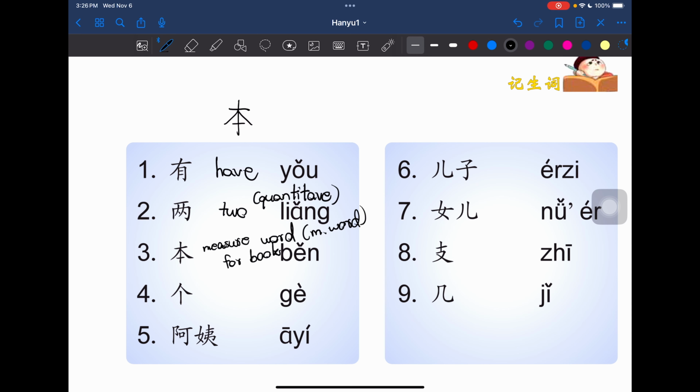Just that, 本 5. It's the same as 本子 from chapter 11. It's the same 本, but in this scenario we're going to use it as a measure word. 本 can also just be book, but here we're going to use it as a measure word. If there is a number in front of 本, it becomes a measure word. Yep. Next we have 个